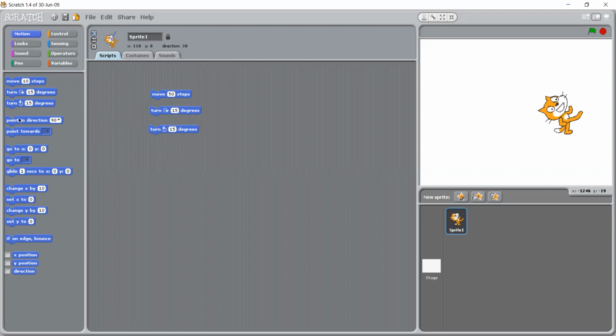Next is point in direction. If I click here, your sprite will point in the direction of 90 degrees. By default it is given 90 degrees. So you can see the changes here. Your sprite is not at 90 degrees, but when I click over here, it will just stand at the 90 degree angle.